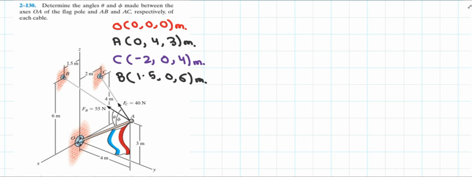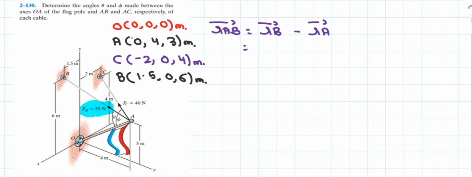So our first step is completed, that is to write down the locations of every single point present in our diagram. Okay, so let's talk about the position vectors. If you look at the question diagram, the head of the FB force is directed towards the point B. It means that point B is the final point and point A is the initial point. So the position vector of these two locations can be written as RAB, which is equal to RB minus